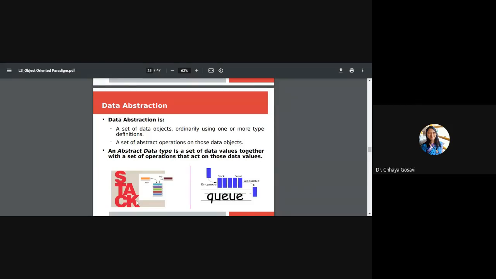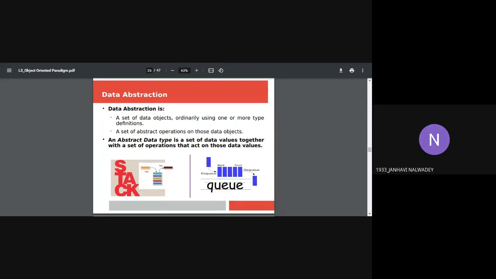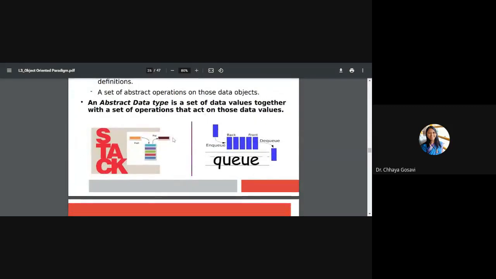Have you heard about stack and queue? Yes, ma'am. Stack is also called LIFO, last in, first out. You can imagine a container, and you are adding data into that container. When you add data, it is called the push operation. And when you remove data, it is called the pop operation. So you are putting data one upon another, one by one. That is, you are stacking it. And the operations are push and pop.